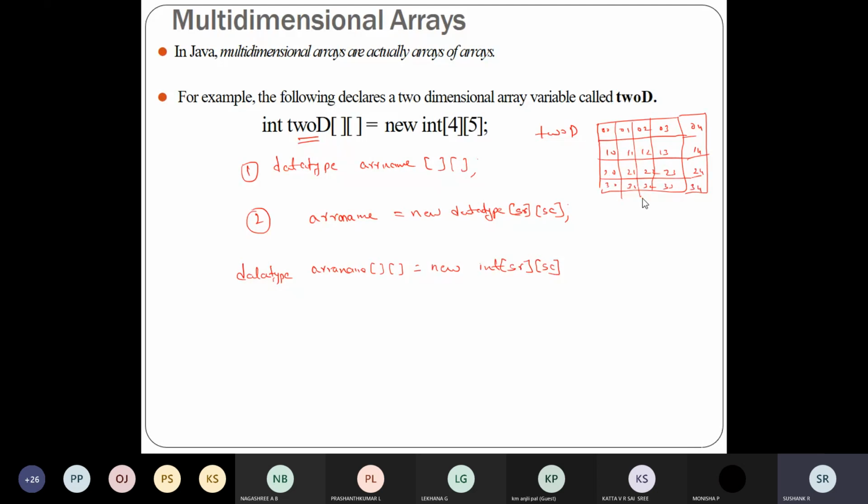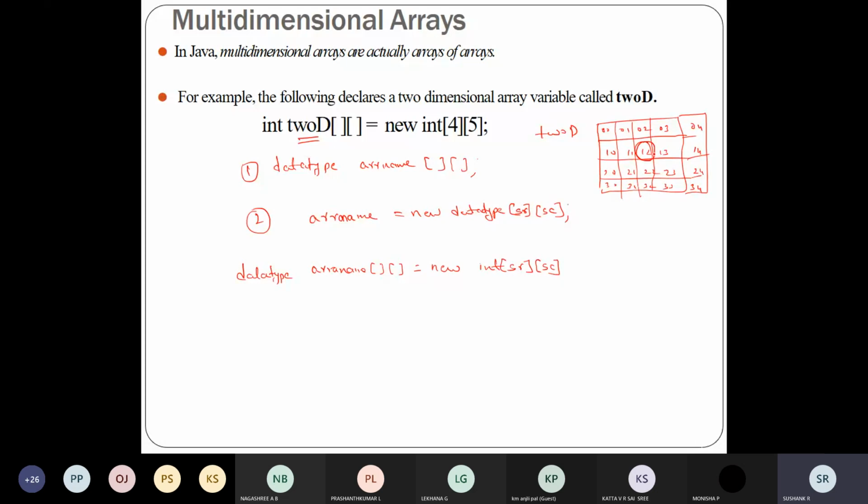If you want to access an element, you can access it by the index position of the row and the index position of the column. For example, if I want to access this eighth element in this table, I can access it by the row index 1 and column index 2.